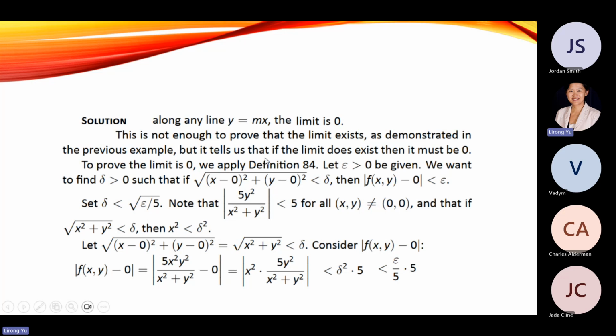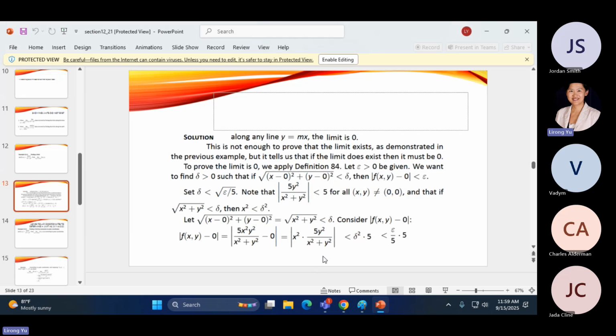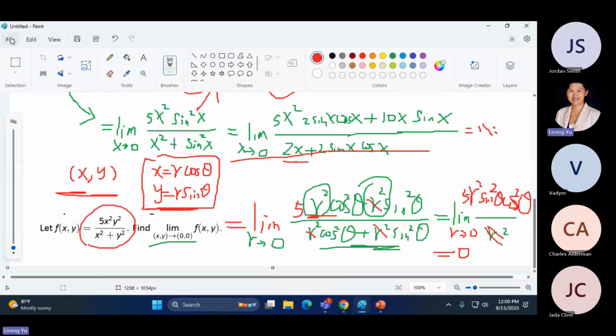If you read through the answer, proving the limit exists starts from here, when I said let epsilon be bigger than 0. That's where the proof started. Let epsilon be any positive number. We want to prove that the absolute value of f(x) minus 0 is less than epsilon by choosing a proper delta. To say delta exists, we have to find that delta. And that's what all these processes try to prove. When you do it by yourself,